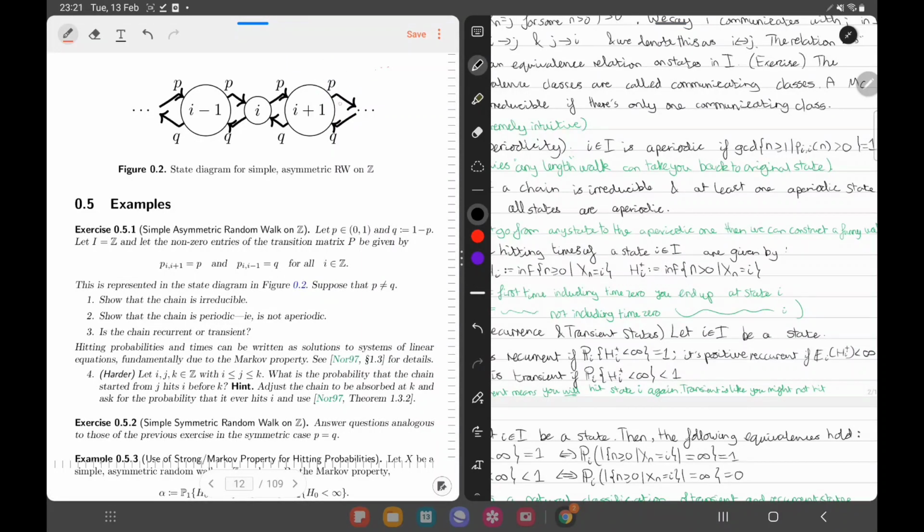That just means I'm not really sure how you might actually end up returning to the state. You could end up returning in 3 steps, 5 steps, 7 steps, 9 steps. There's no real pattern to them. Okay, well actually I just did multiples of 2 there, but